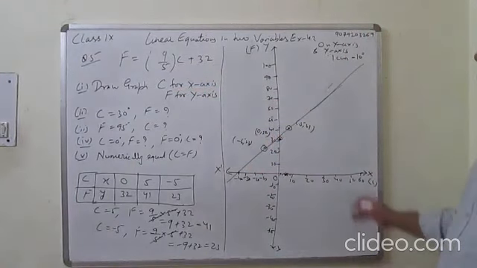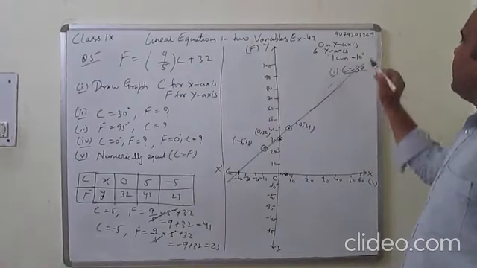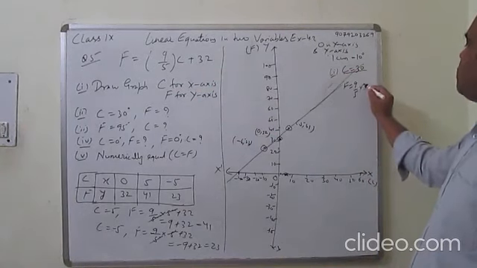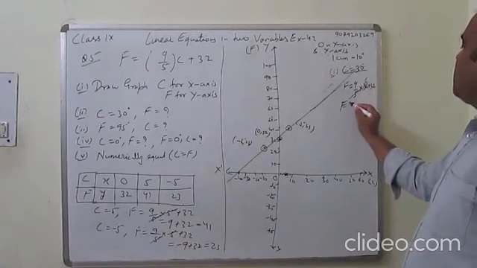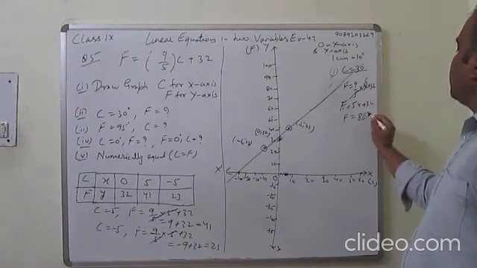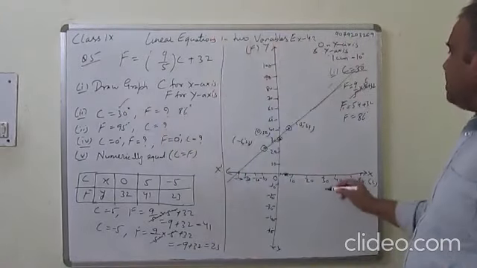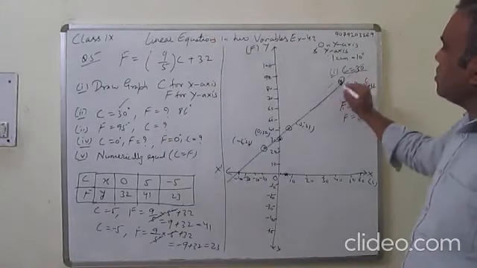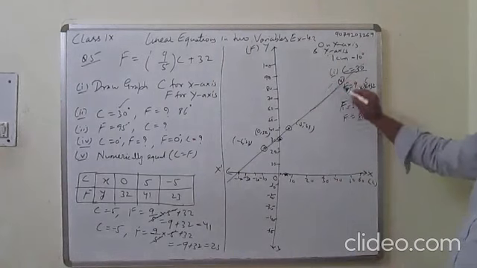Now first point is that C is 30. See here, C is 30 degree. Then F is what? F is equal to 9 by 5 into 30 plus 32. 5 6s are 54 plus 32. F is equal to 86. F कितना आएगा? C 30 है तो F is 86. See here, C is 30. F comes somewhere here, 86. So this is the point. When you draw on graph, you will see F is this point.